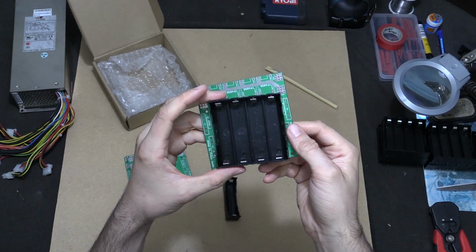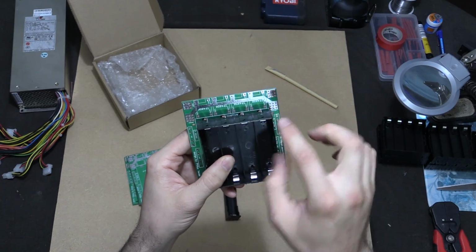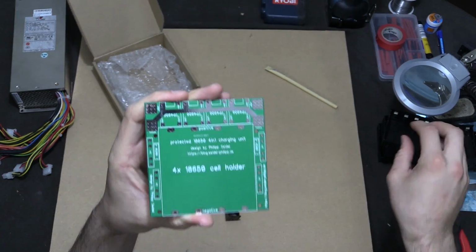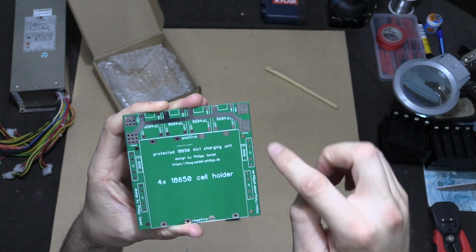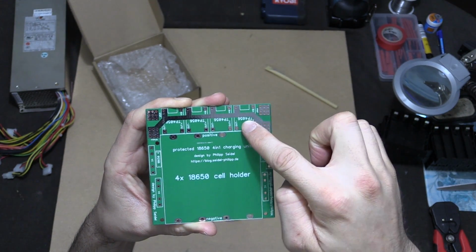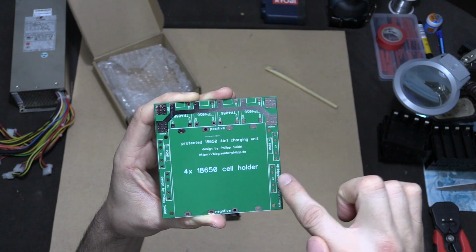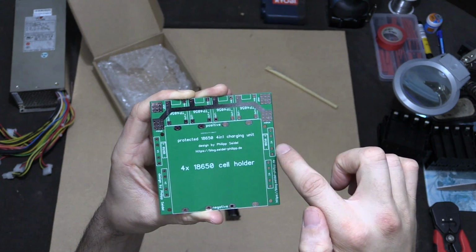Just put your cell holder on top, put your TP4056s on, solder them on, apply power to it, and away you go. So just looking at this in a little bit more detail, I'm not too sure how well this is showing up with the light, but we've got our 4 charging boards along the top. We've got our power in, our positive and negative. We've got spaces for 4 different fuses, and I'll probably put 2 amp fuses in here,